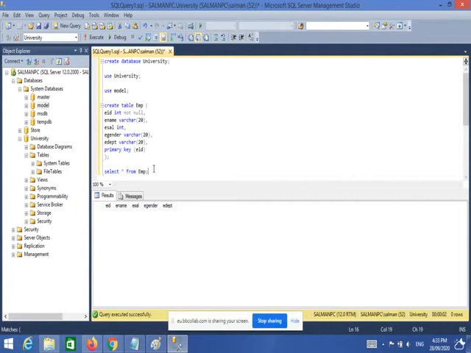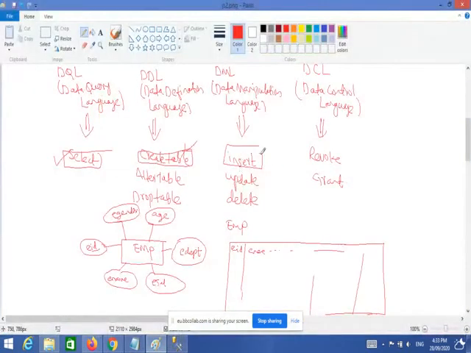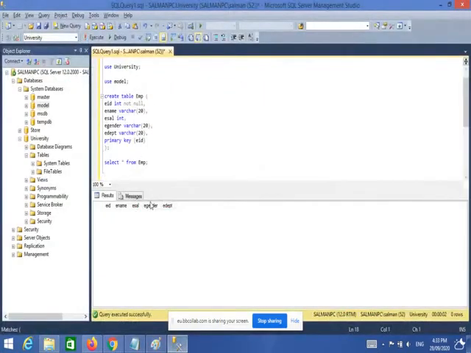Now I want to put some values into this table. How should I put values into this table? For this, I will show you the insert command. Using the insert command, we will insert the values into this table. Now look carefully how I am inserting. Insert into, table name is employee, values,